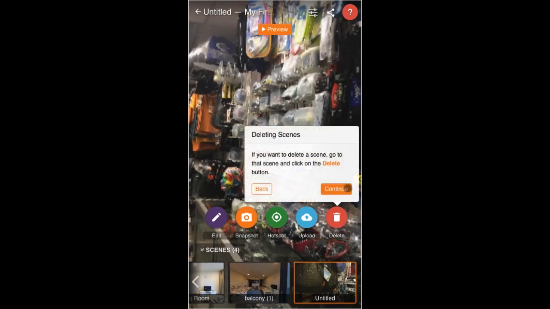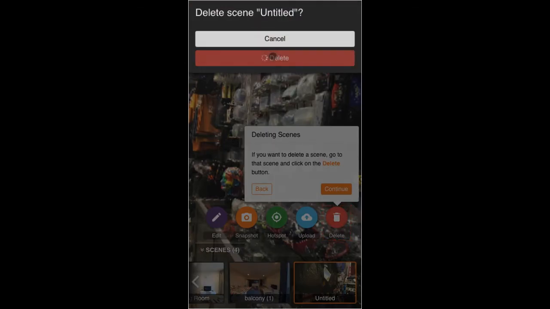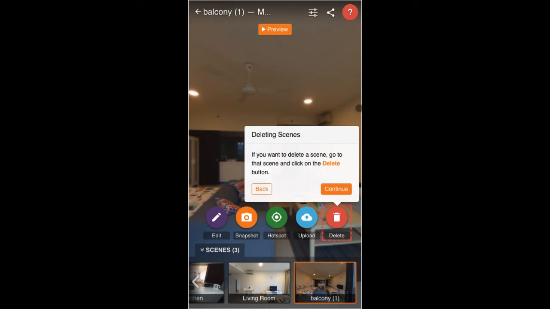Last but not least, there's the delete function. So if you do not want this picture, click on the picture here, select it using the scenes and click on delete. The system will ask one time and the photo will be removed from the selection. Okay,